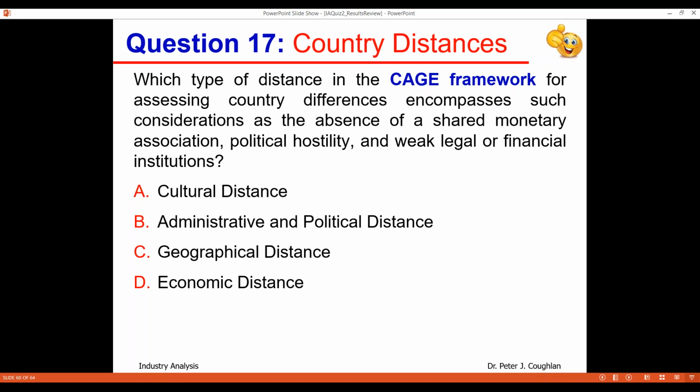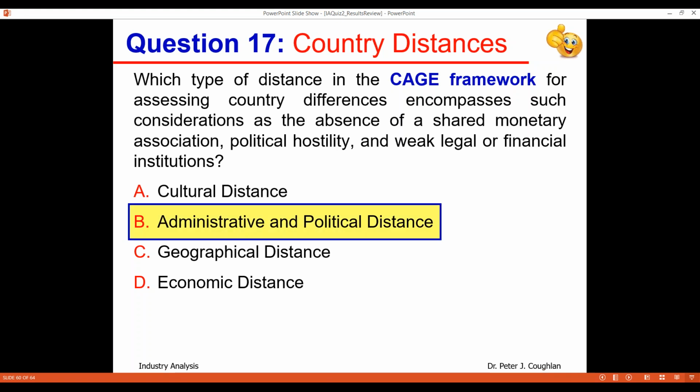So which type of distance in the CAGE framework, for assessing country differences, encompasses such considerations as the absence of a shared monetary association, political hostility, and weak legal or financial institutions? Well, again, CAGE: cultural, administrative, geographic, economic, right? Well, absence of shared monetary association, political hostility, or weak legal or financial institutions, those are all things about administrative